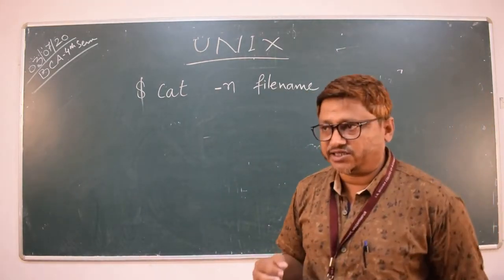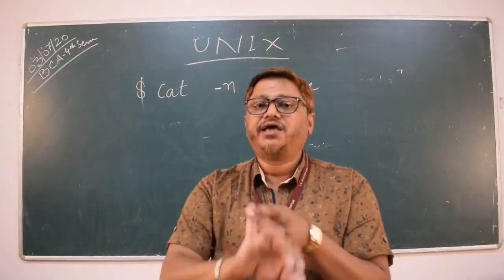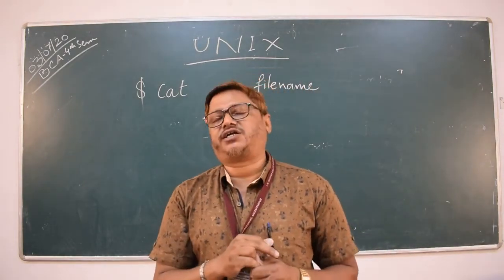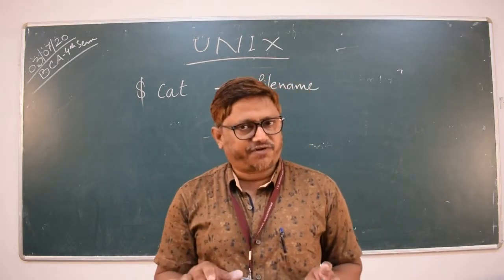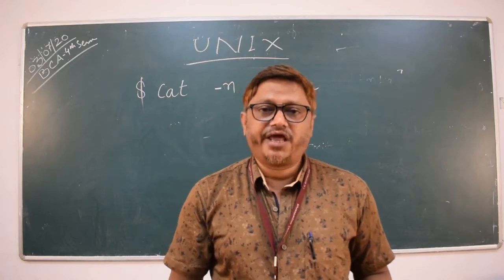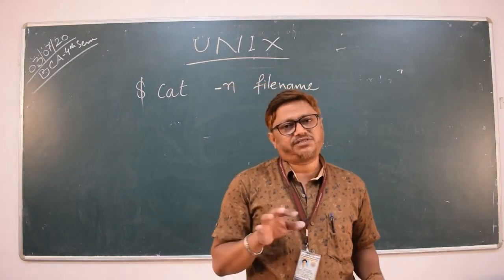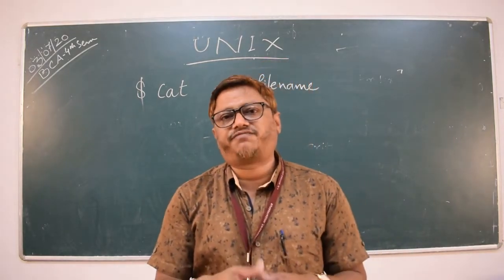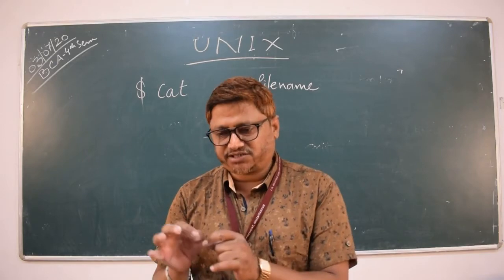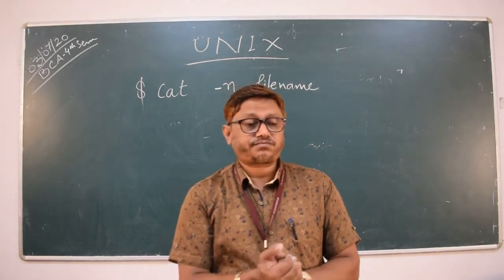There are three things with the cat command. One thing is creating a file: cat, redirection greater than symbol, file name, enter, and type the contents of the file, and at the end of the file, Control D. Control D means save and exit the file. Now we read the contents of the file: cat space file name to display the contents of the file.